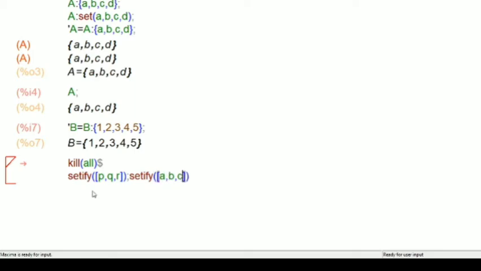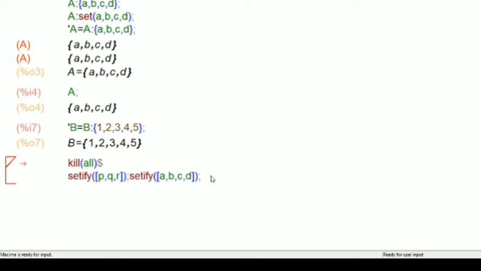A, B, C, D. You can write in the same line. Once you write semicolon or dollar, that indicates the end of that line. Execute this line, then it will move on to the next line. It will execute this first, then it will execute this. You can write like this.